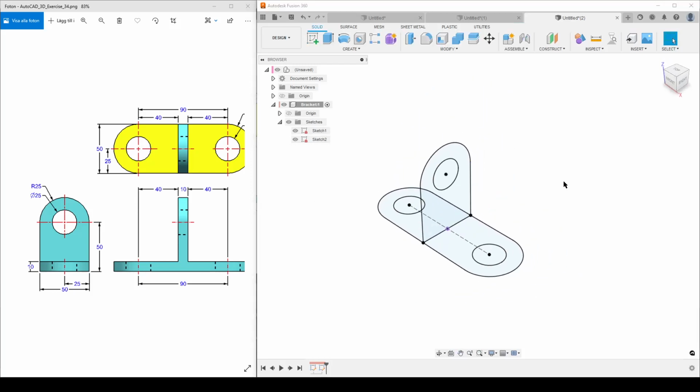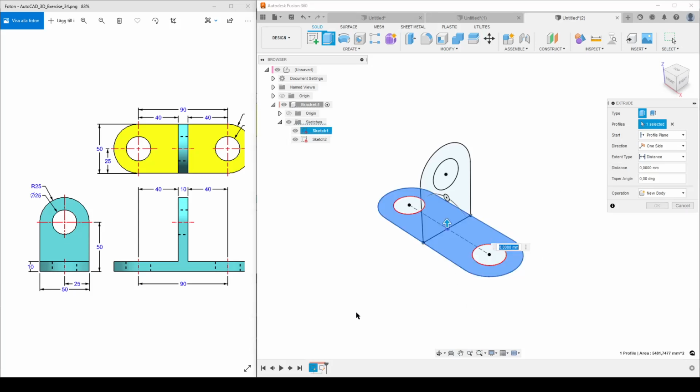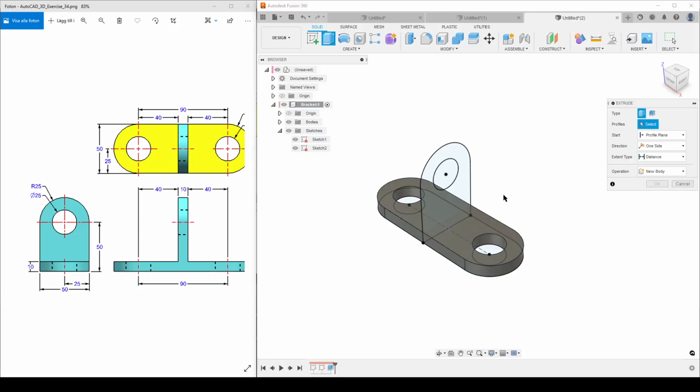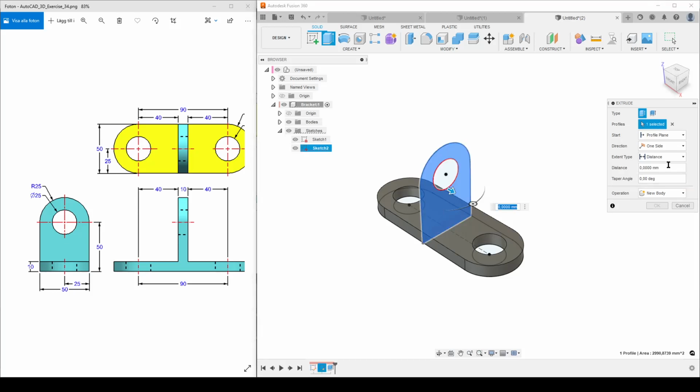And now we're going to hit E on the keyboard for solid extrude. And simply select the profile here. And the thickness was 10 mm. Once again, E for extrude. This here. This time we're not going to do one side. We're going to do it symmetric. We're going to select the whole length of the full width of extrude, and that's going to be 10 mm